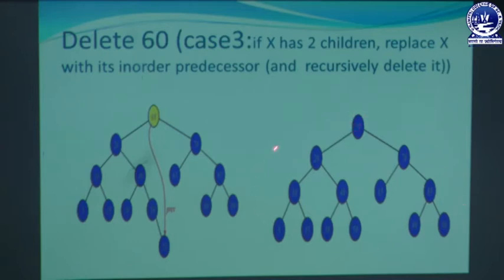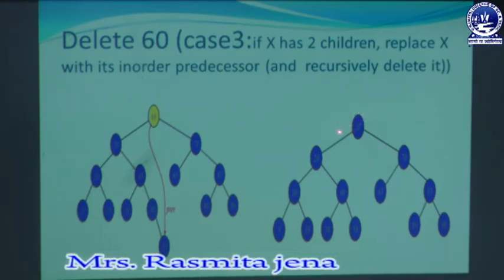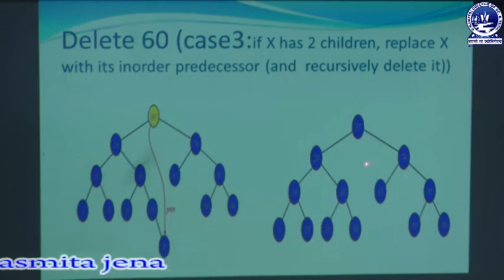So for all the nodes present in the AVL tree, after deleting the node 60 and replacing it with the in-order predecessor, we get that every node has balance factor 0, -1 or +1. So we can say the tree is balanced and we don't need any rebalancing. Then we will go for the next deletion operation.